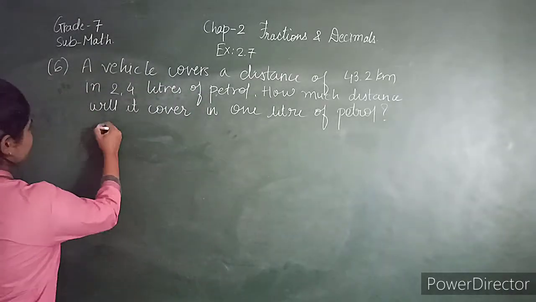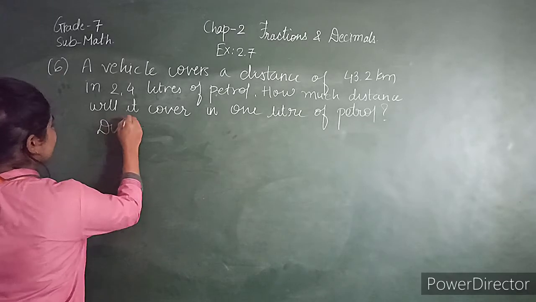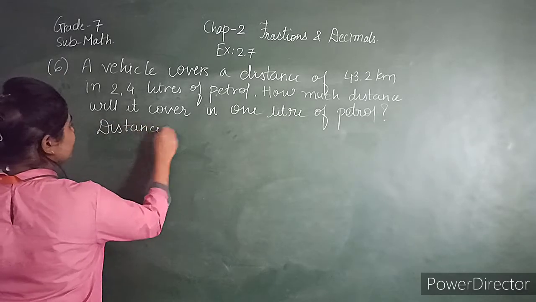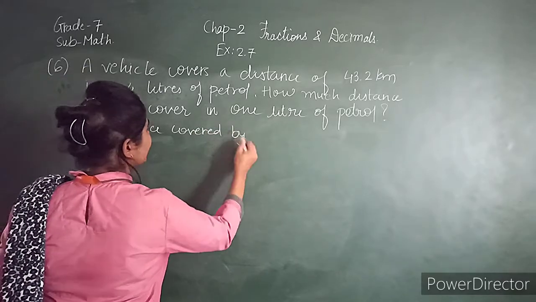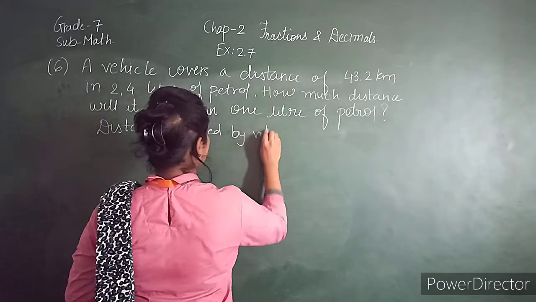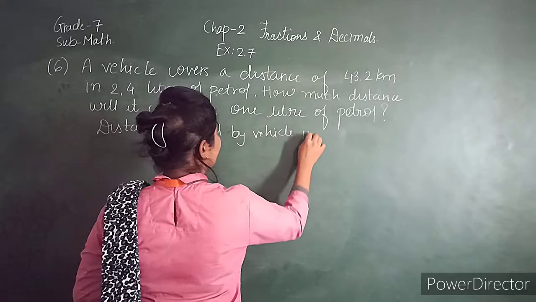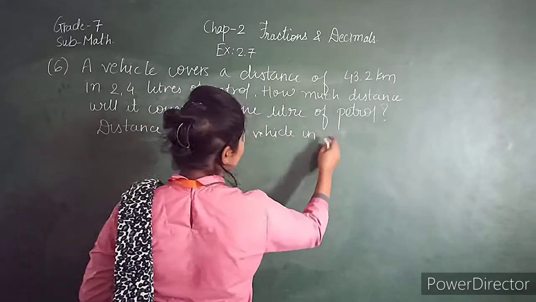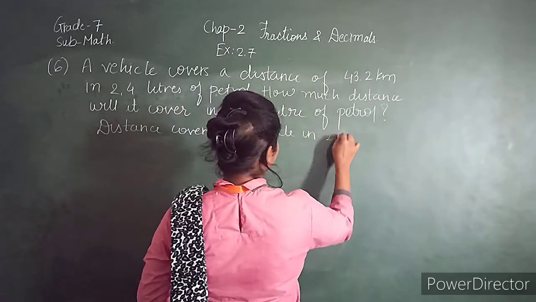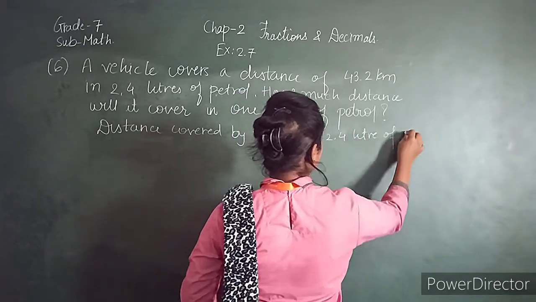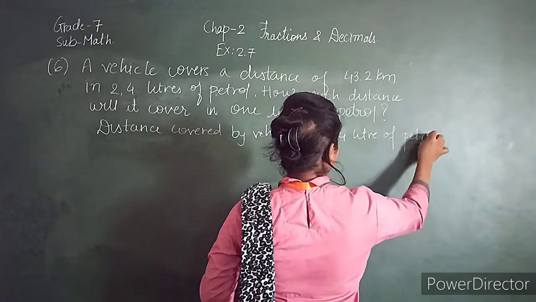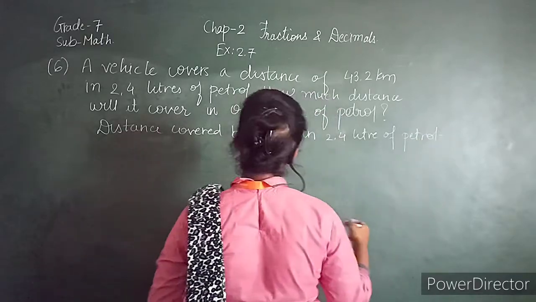So the distance covered by the vehicle in 2.4 liter of petrol is equal to